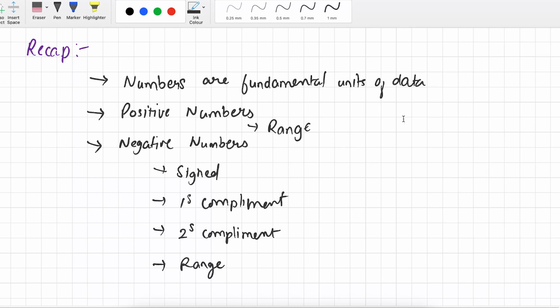Then we saw how to find the range of numbers. Let's say we have 4 bits, then how many numbers can we store in these 4 bits, including positive numbers and negative numbers. I hope now you have a good understanding of how numbers are represented in binary format and how numbers are stored